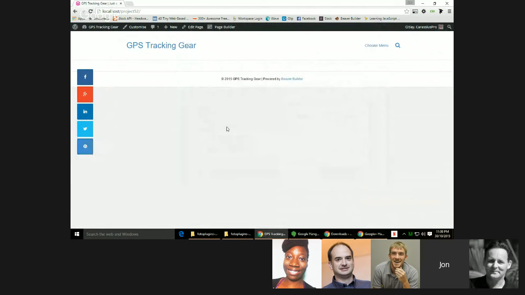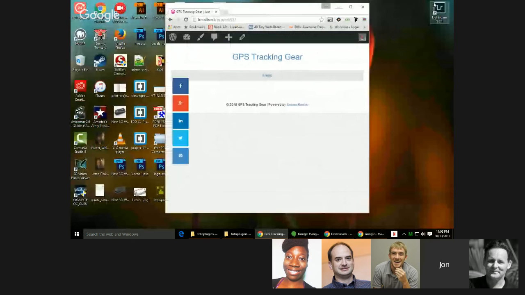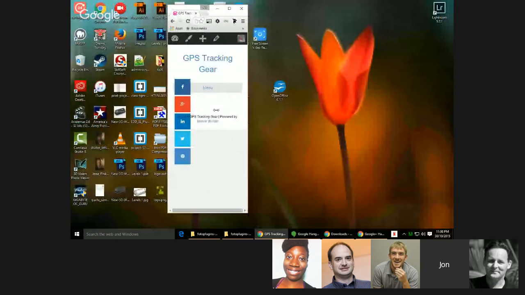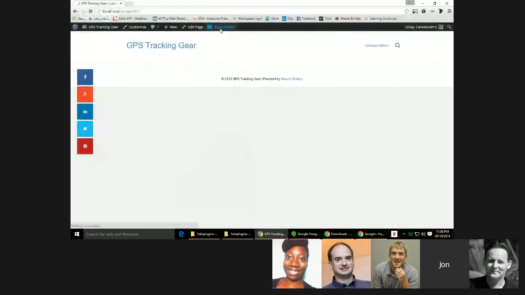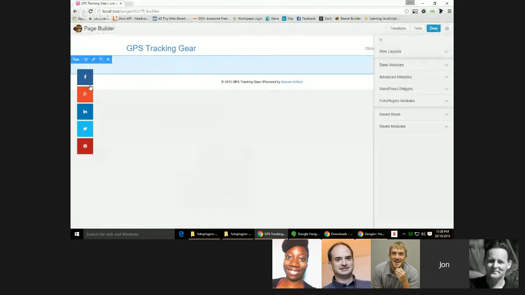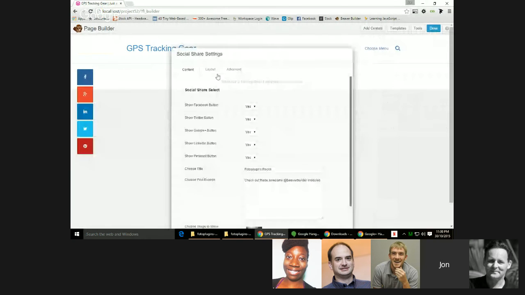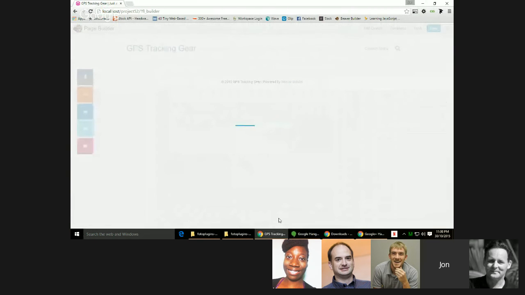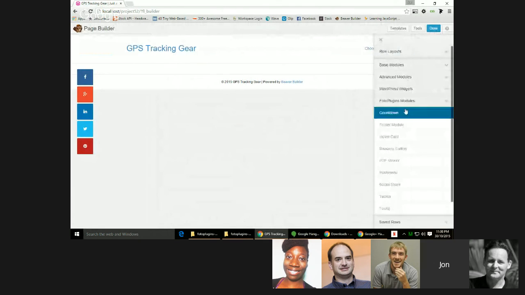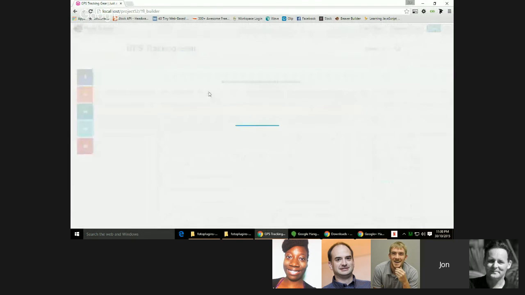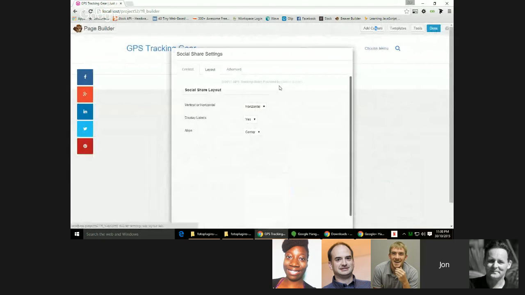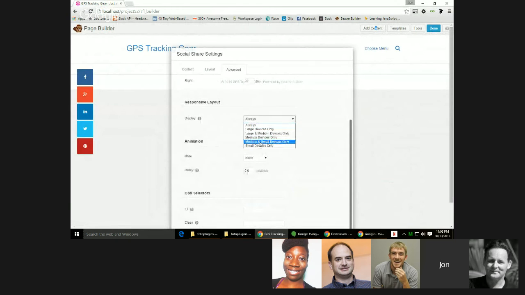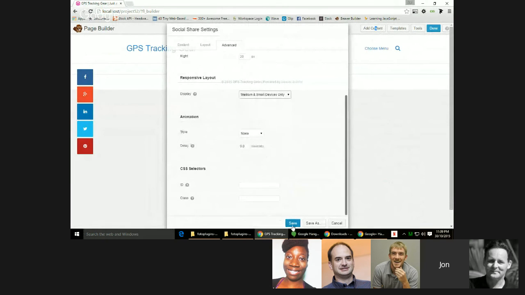Now, one of the things that was brought up with me earlier today was that when it's fixed, it doesn't respond responsively. So I'm going to see if I can fix that. What I would generally do is go settings, go into my advanced and display on large and medium devices only. Hit save. I could then add another one, social share, add this one here, and leave that as horizontal and change that in advanced to small devices only. So I'll probably make that medium and small devices, hit save,